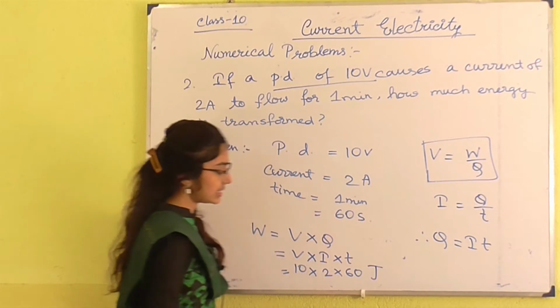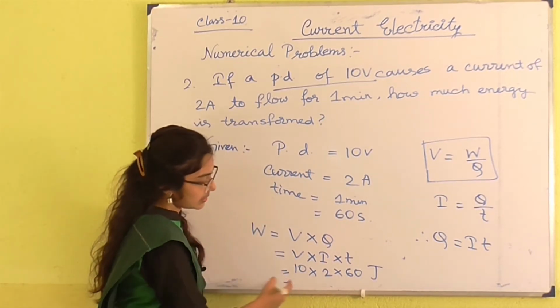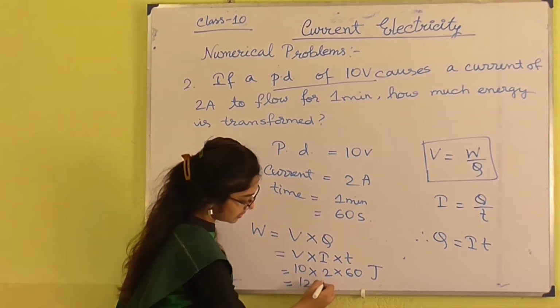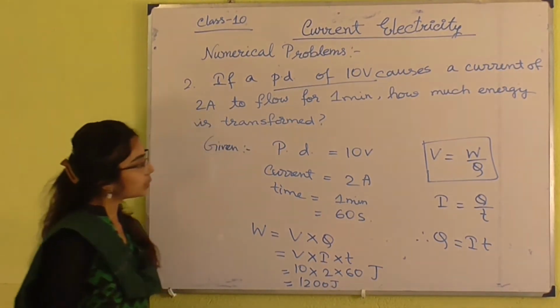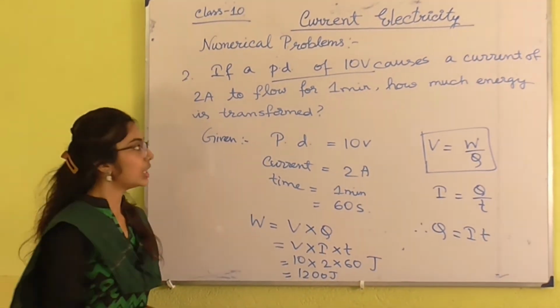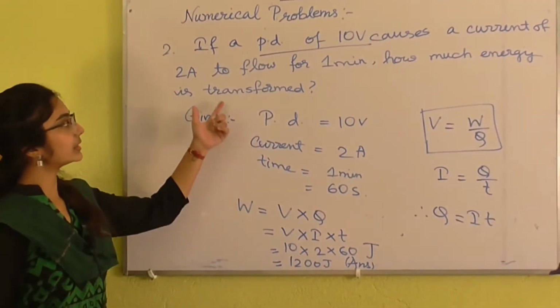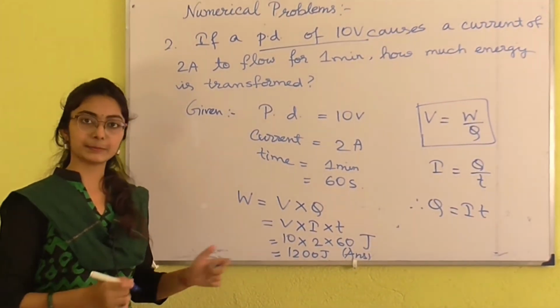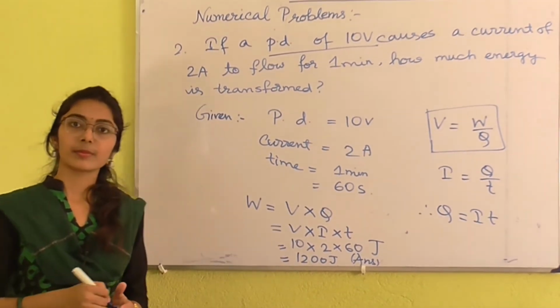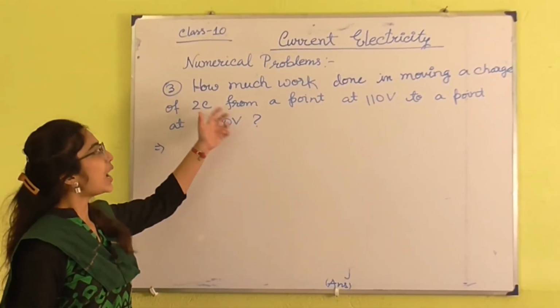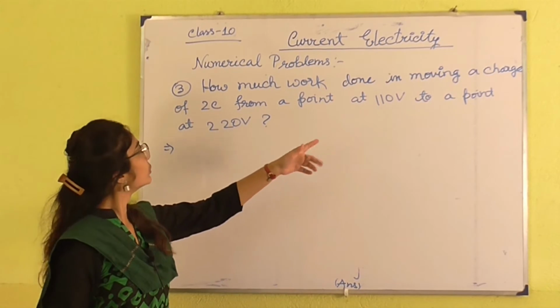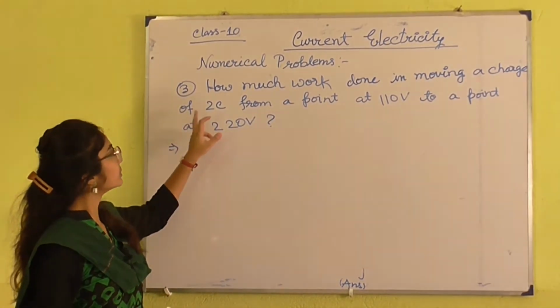So this amount of joule, 1200, the answer is 1200. So 1200 joule of energy is needed, is transformed in the electric circuit. This is the answer. So the third sum is: how much work is done in moving a charge of 2 coulomb